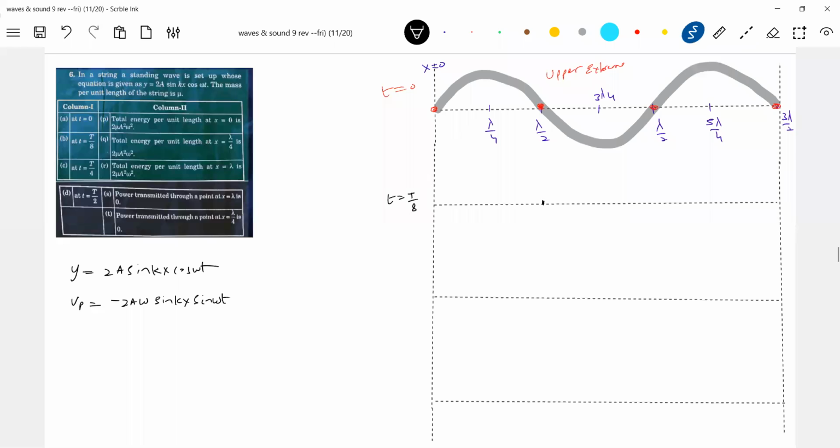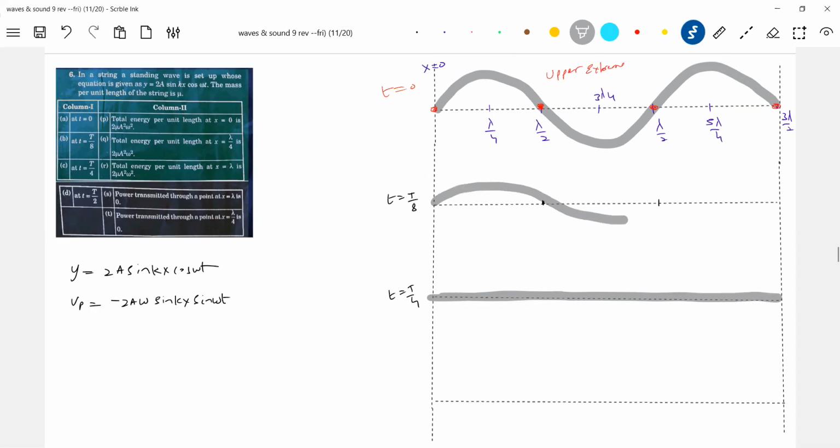T by 4 should be the mean position, no? So definitely T by 8 means it should be between upper extreme and mean position. T by 2, definitely what happened? It should go for